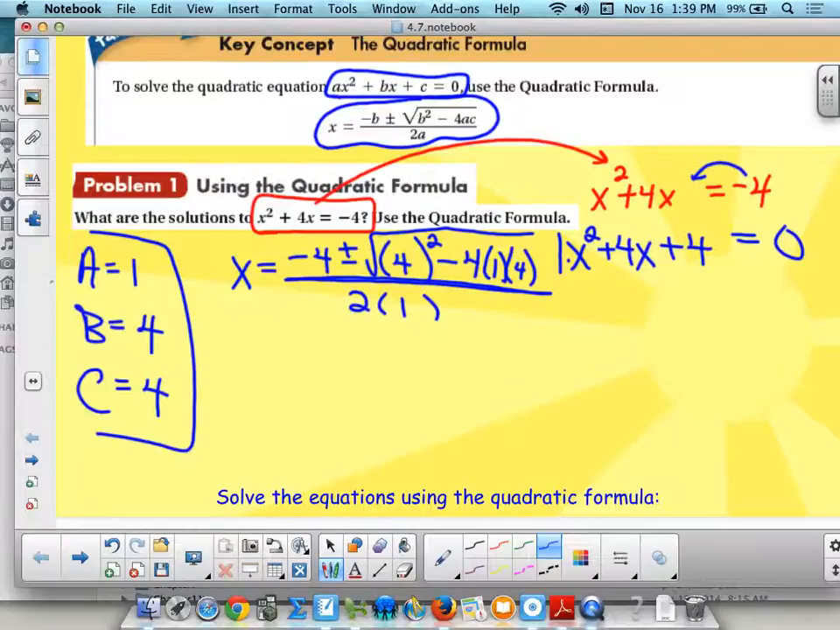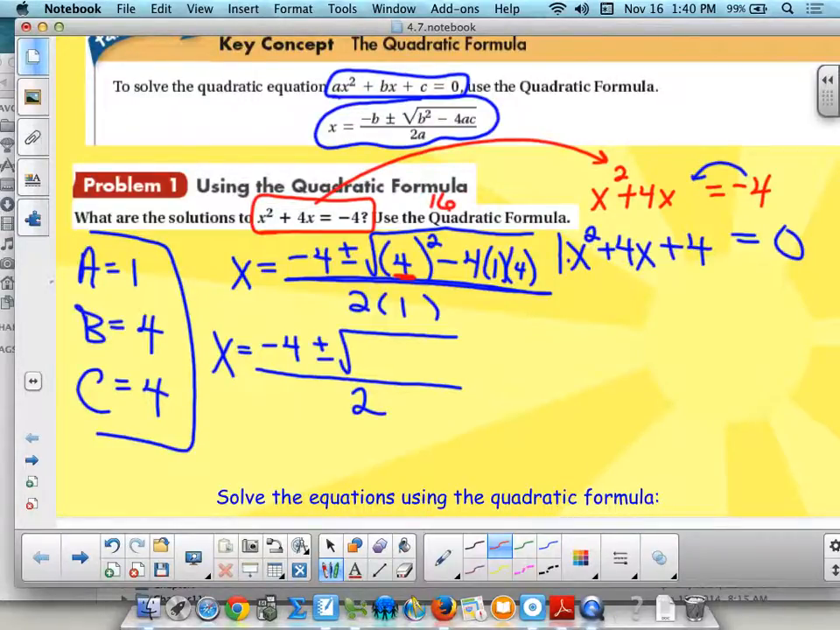Now it's time to number crunch this thing. I don't think you're going to get the first number wrong because it's just negative 4. I don't think you'll get the bottom number wrong. What is it that you might go wrong with? The number inside. The number inside might get you. So be careful here, guys. What does this mean here? 4 squared is